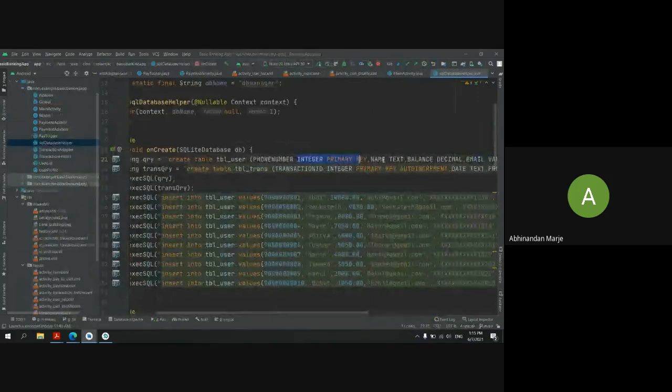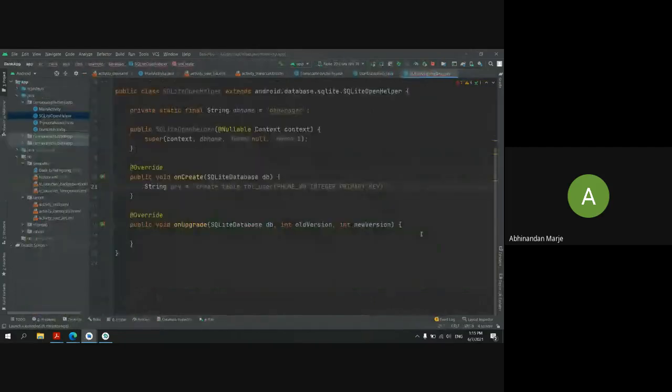The next thing we want is the name and balance. We want the name as text. Then we want balance as a decimal.